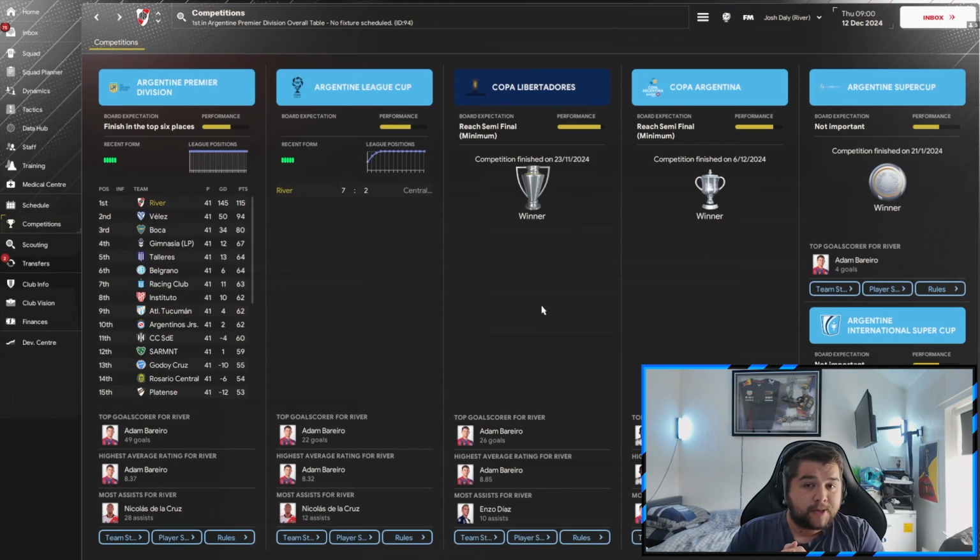Let's go over and get into the testing. First up, with the default tactic variant, we went over and tested with River Plate in the Argentinian division. Now, I apologise to any South American viewers because I've never done a South American test, and I had so much fun. We actually won so many trophies. We won the Premier Division, we won the Argentine League Cup, the Copa Libertadores, I'm going to butcher that every time, Copa Argentina, the Argentine Super Cup, and also the Argentine International Super Cup, meaning it's